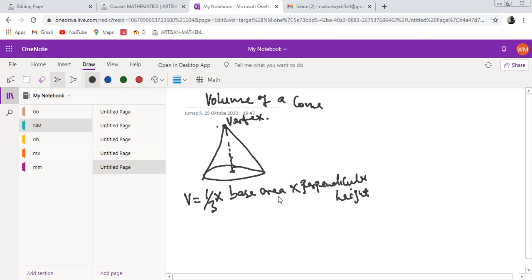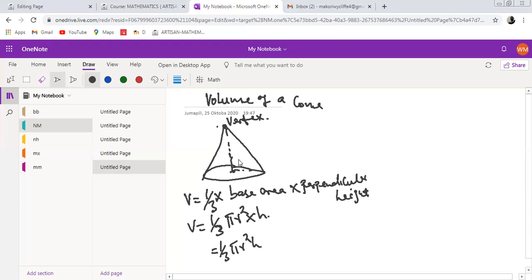Now that the base is circular, the formula is simplified into a third times the base area. This is a circle, and we know the area of a circle is given by pi r squared, times the perpendicular height, which is given as h. Actually, you'll find it is written as a third pi r squared h, whereby pi r squared is the area of the circular base, and h stands for the perpendicular height, the height from this base